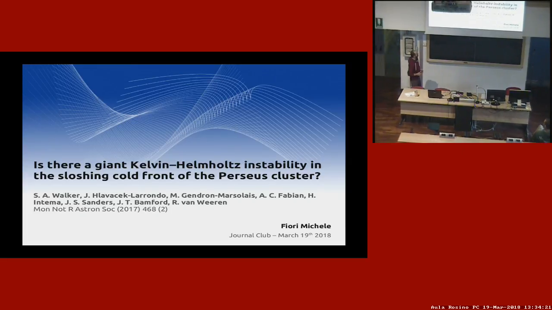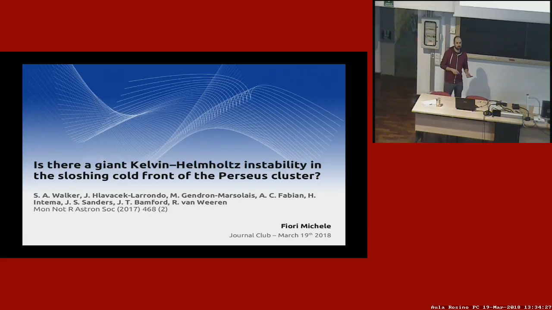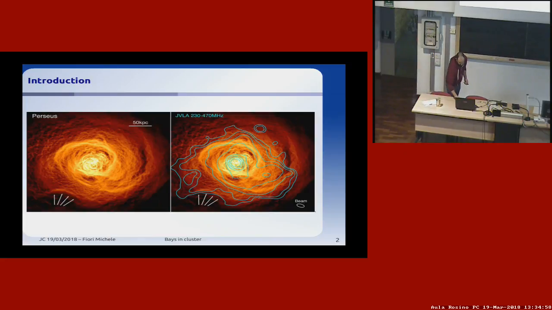So first of all, I want to tell you what a Kelvin-Helmholtz instability is. A Kelvin-Helmholtz instability is a type of fluid dynamics instability that occurs when two fluids are in relative motion between each other. So in this work they consider the two fluids to be the hotter and colder intracluster medium found in the core of relaxed galaxy clusters, as we can see here, from the Perseus